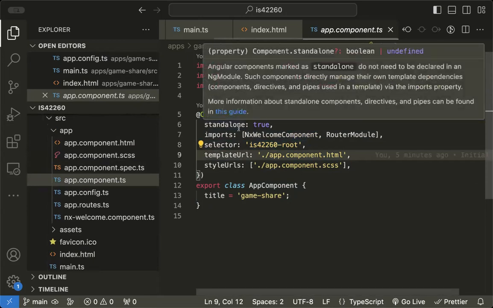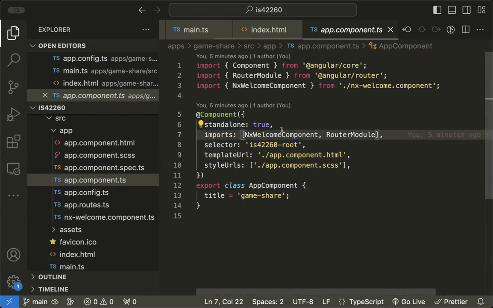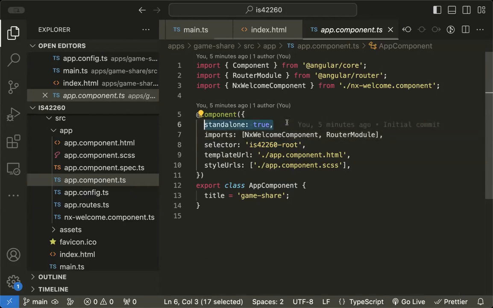There are a few things you might probably know or have not encountered. Standalone means, if you are coming from an older version, as I mentioned earlier, there was a concept called modules. Right now, we are shifting away from modules. Under the hood, the module concept is there, but if you are new to Angular, just ignore it for now. So we are saying, okay, this is going to be a standalone component, and within this standalone component,